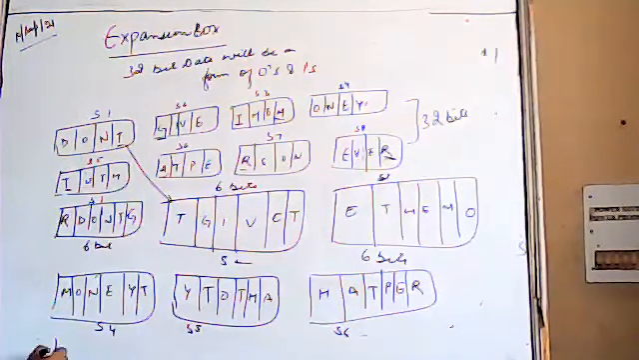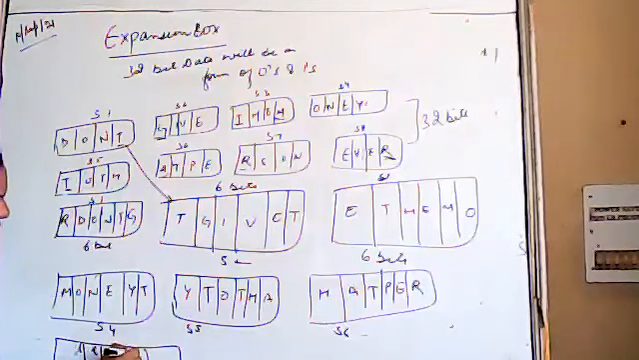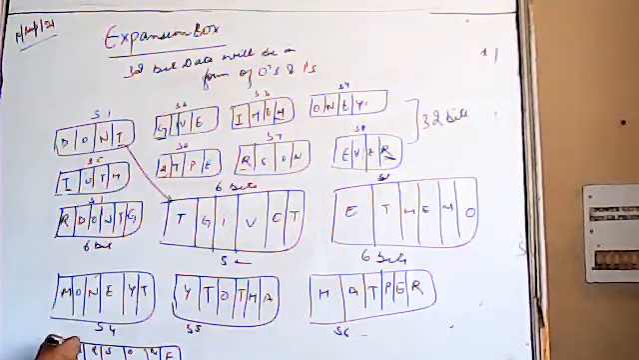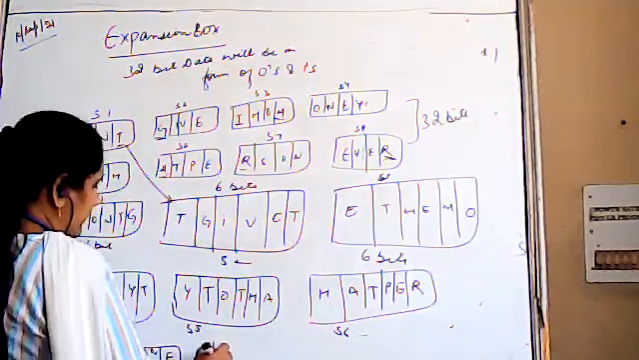And for S7, R, S, O, N. First alphabet from S8, E, and last alphabet from S6, sorry. This is S7. So last from S6 and first from S8. Then